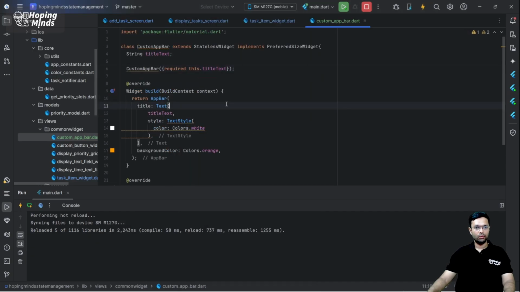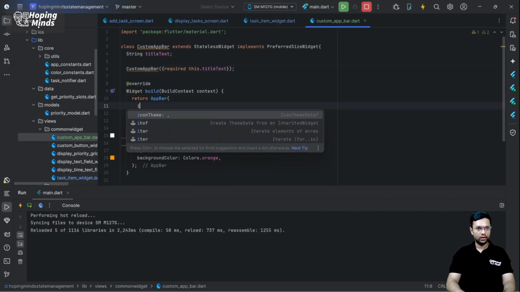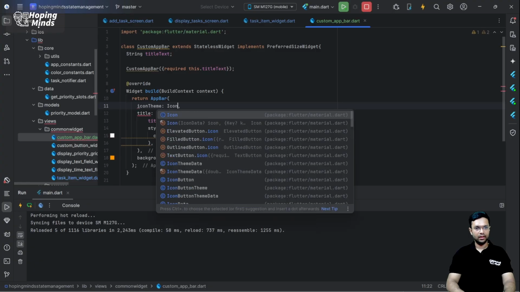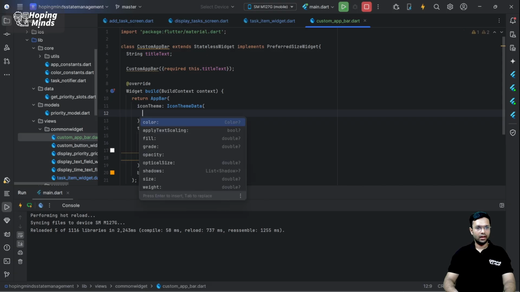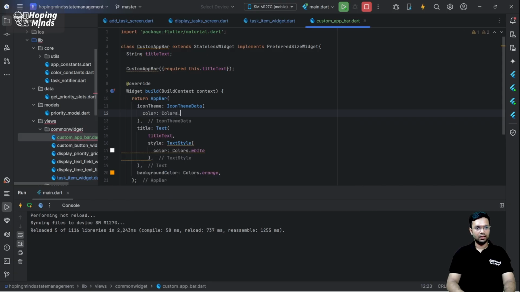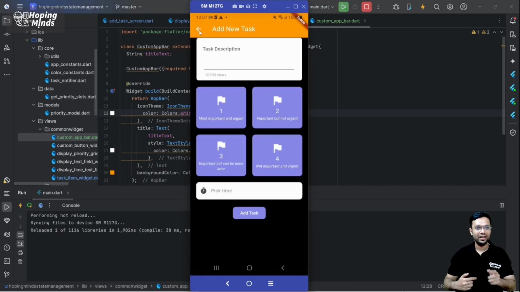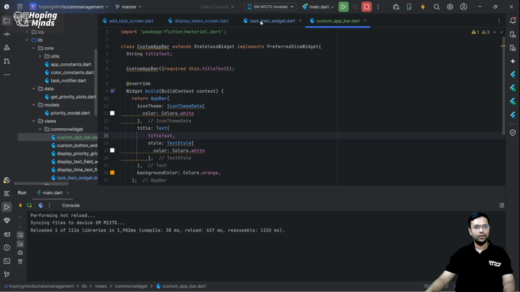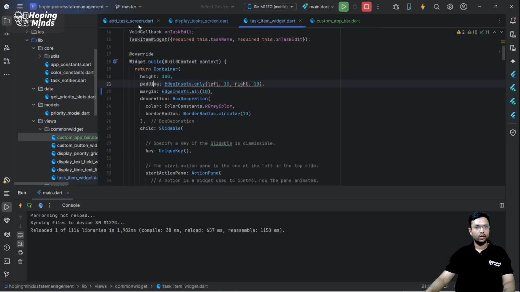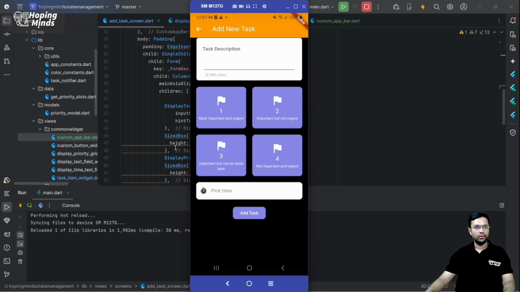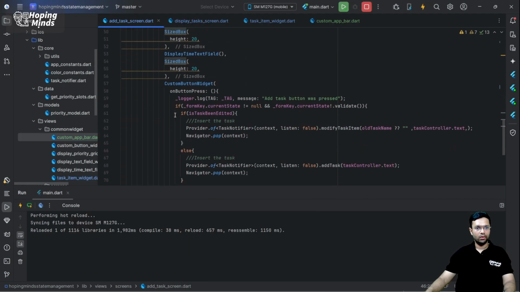That's because over here I did not define the icon theme, and I can set the color as white. Well, that's making it white. Now if you see, it sticks to the topmost edge. Over here,